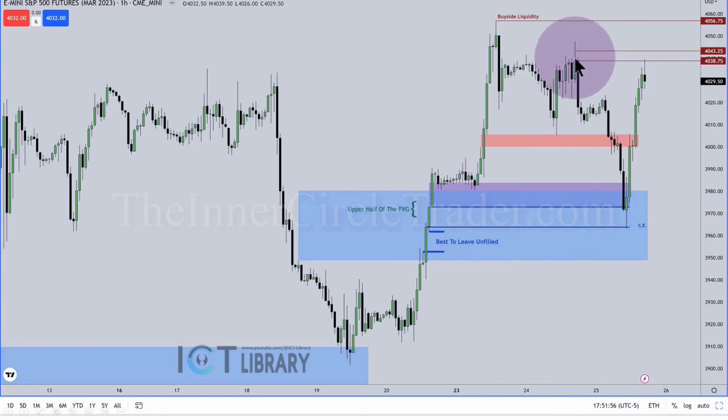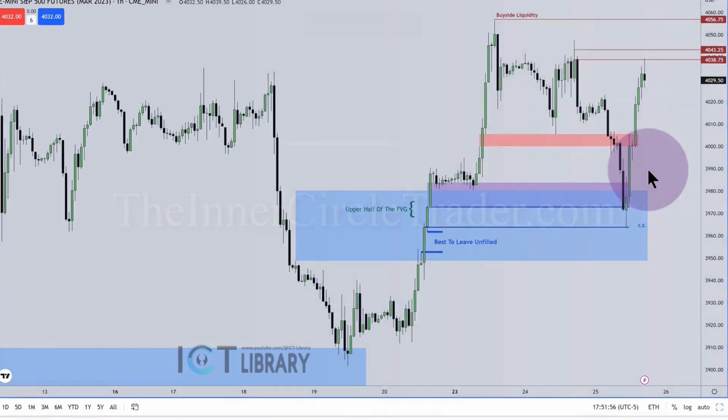And then we have this wick as a consequent encroachment. That's the next objective at 4,043.25. And the rejection block, we saw that traded to today, 4038.75. And let's dig into